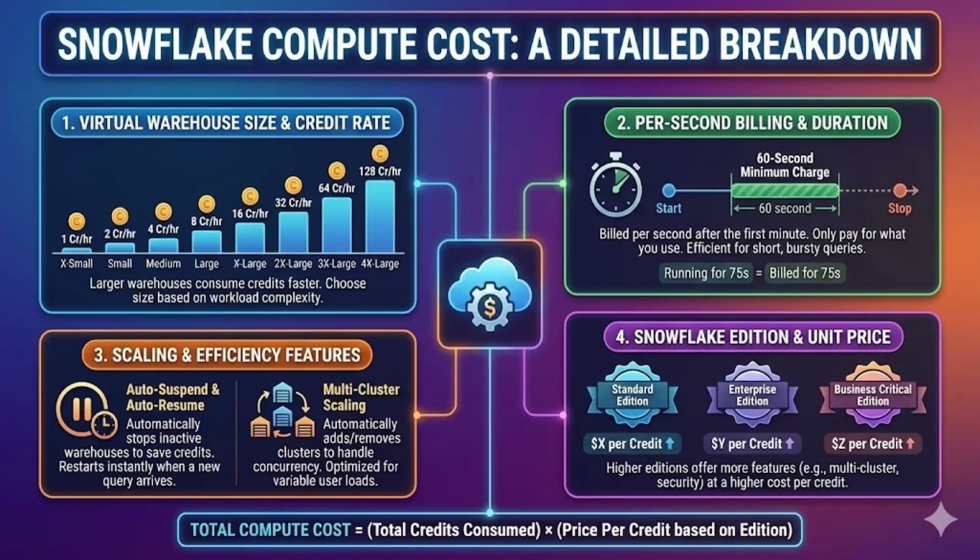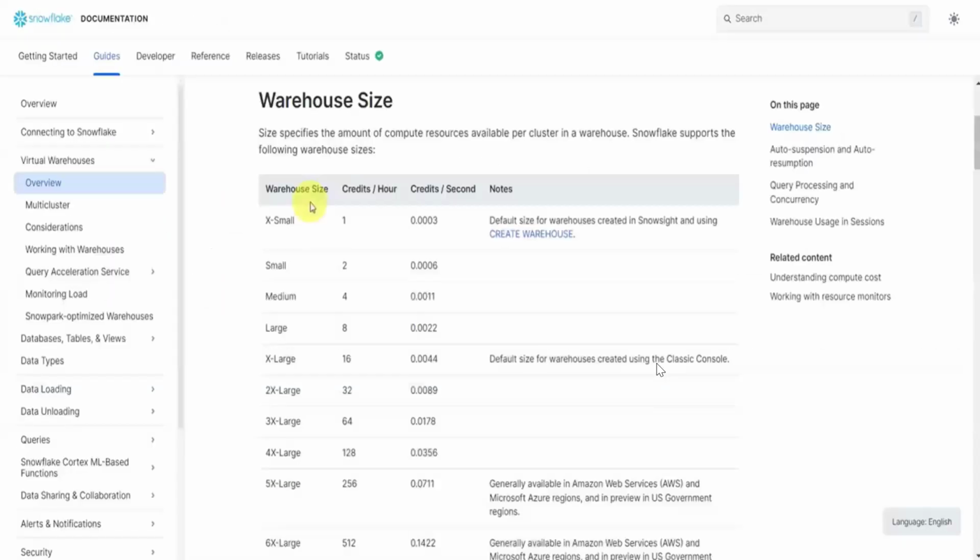And finally, the Snowflake editions: the per-credit price is how Snowflake will charge us. The higher editions offer more features, but a higher cost per credit also. So total compute cost is total credits consumed multiplied by the price per credit based on the edition. Correct? Do you agree? That is how Snowflake will charge. And apart from this,